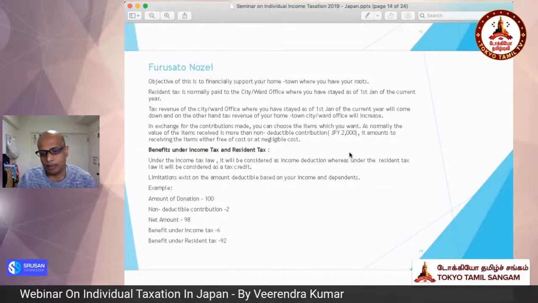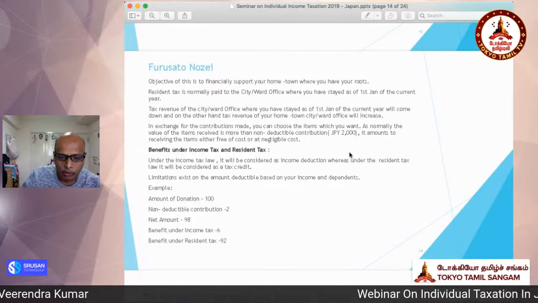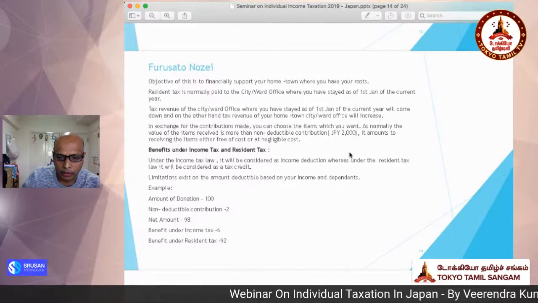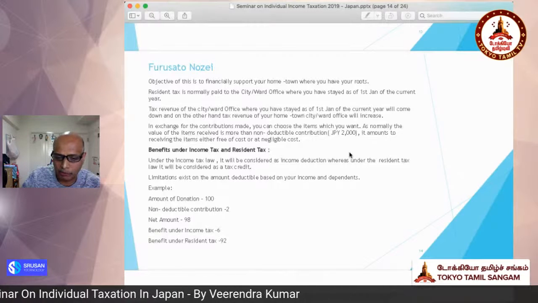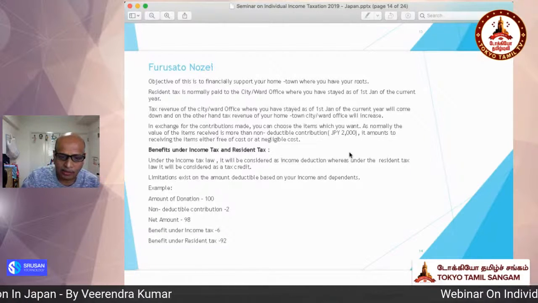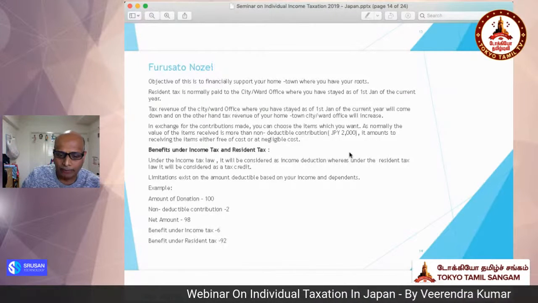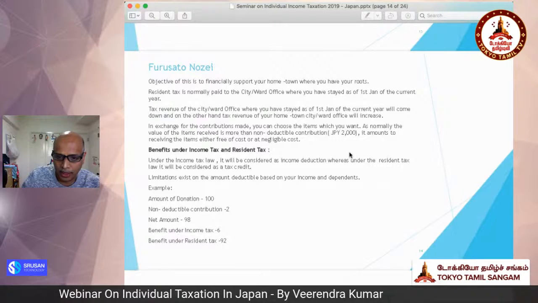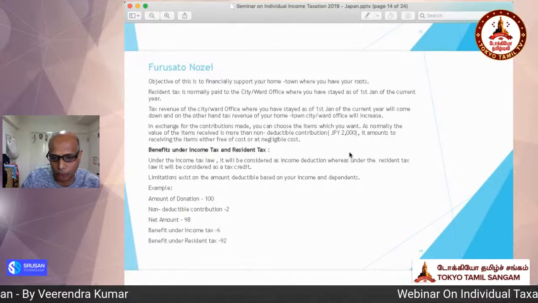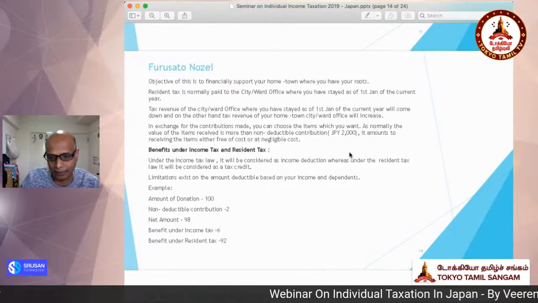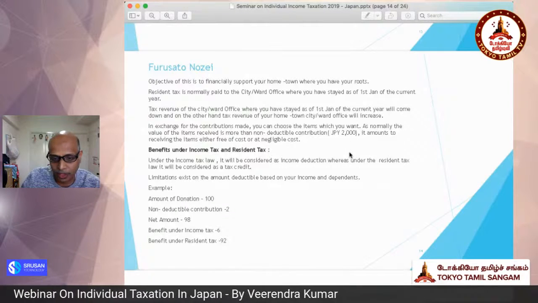But from my individual perspective, for example, if you donate 100 and the non-deductible contribution is 2, the net amount is 8. So you are getting the benefit of 6 under the income tax, and under the resident tax you are getting the benefit of 92. And if the value of the item which you are going to get in kind from the ward office to where you made the donation is more than 2, that means that you are getting that item either at free cost or at a subsidized cost. So basically,